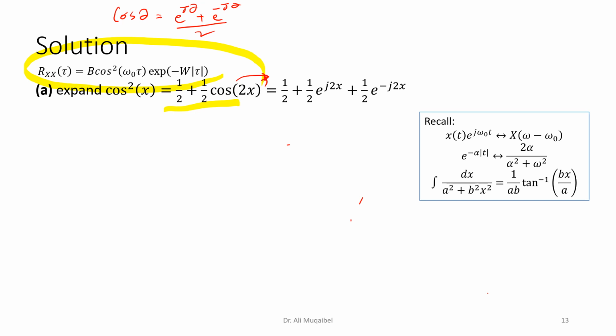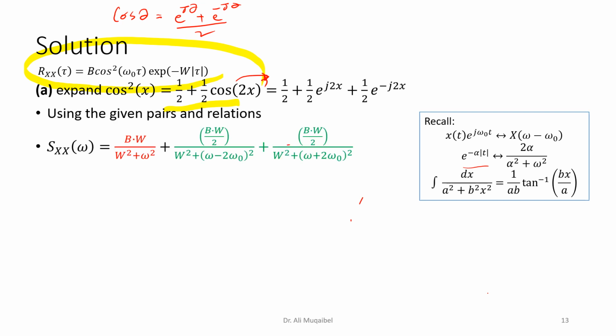Now we are ready. We have the cosine square simplified multiplied by exponential, so we're going to use this identity. And then for the one that has exponential, there will be a shift. To do it in short, we are going to get the following pair. You can take your time to think about it. Okay, so the power spectral density is given by the following: